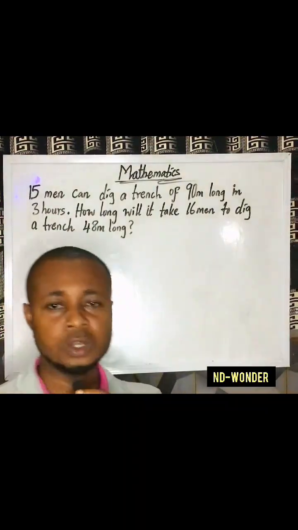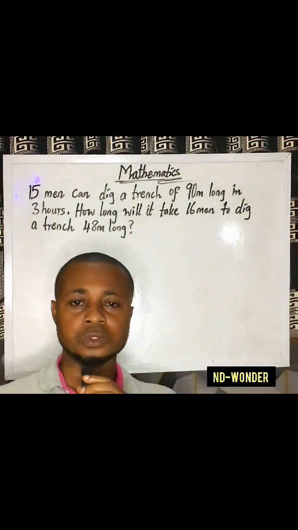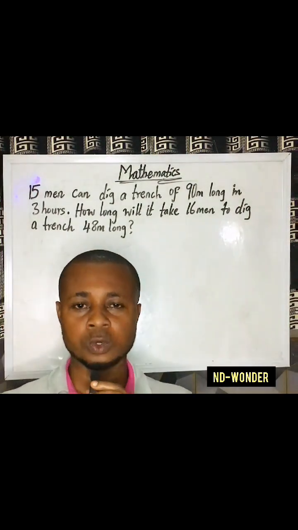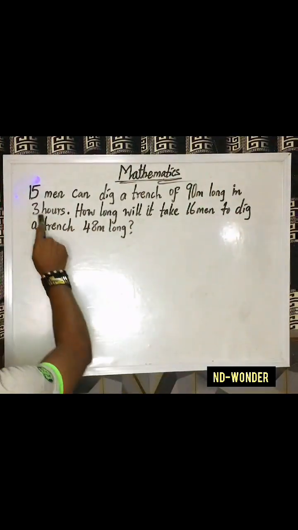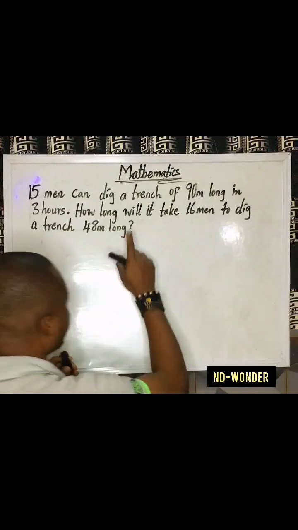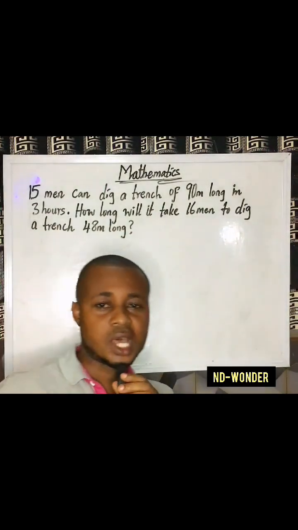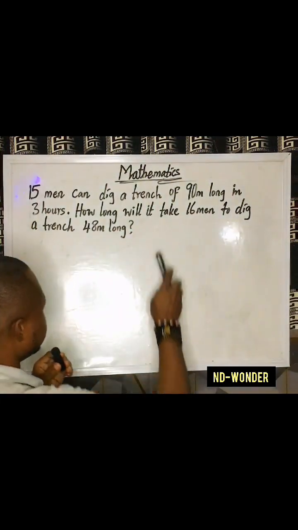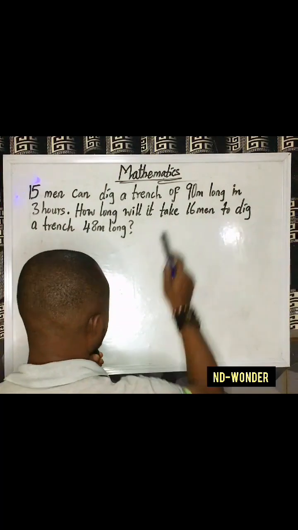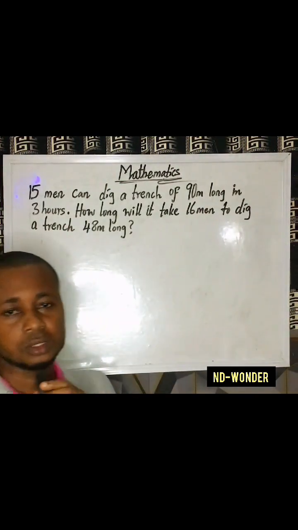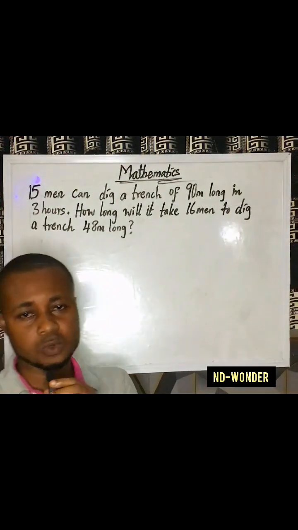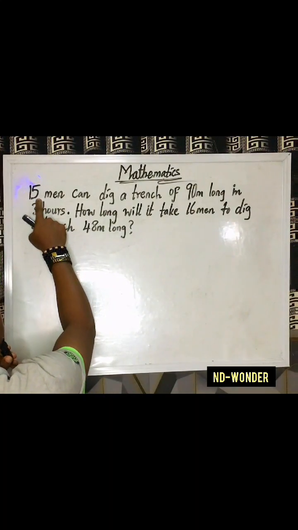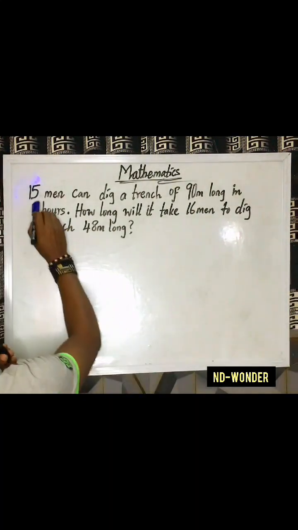Hi viewers, but before I do that, I will need to read the question, understand it, then know how to go about it. 15 men can dig a trench. When we talk about a trench, that simply means a dug hole, right? And that trench is 90 meters long. So, in other words, we can deduce that the laborers, or the people doing the work, will be